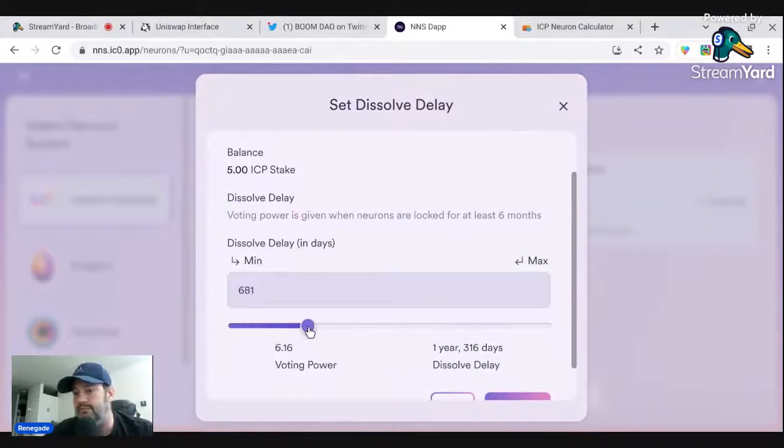up. Now look, as I move this, my voting power goes up. So at 4 years, 5 years, I get 8. I think 8 years is going to be somewhat double. Yeah. So if you do it 8 years, 2,922 days. I'm actually going to do this for a little bit less because I wanted to unlock in the